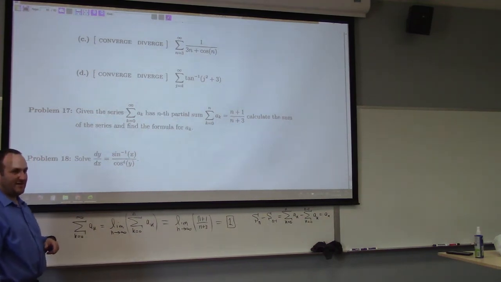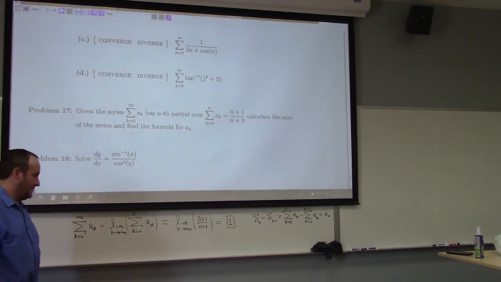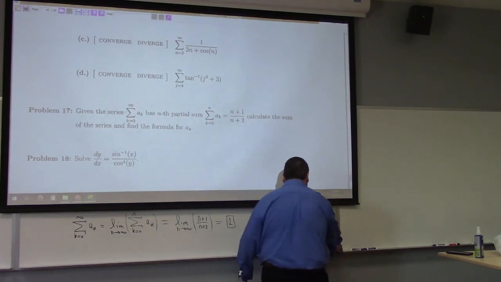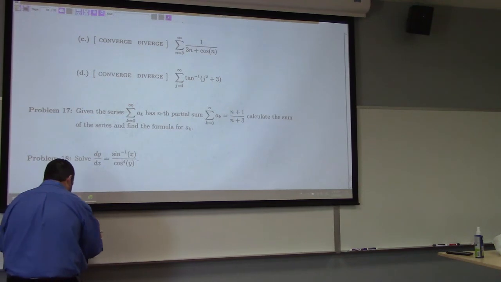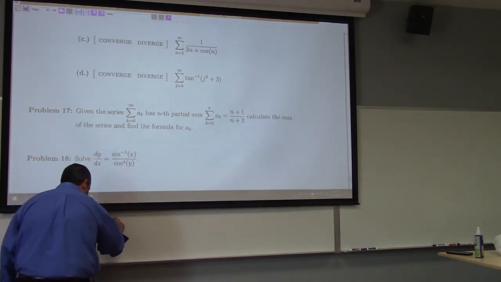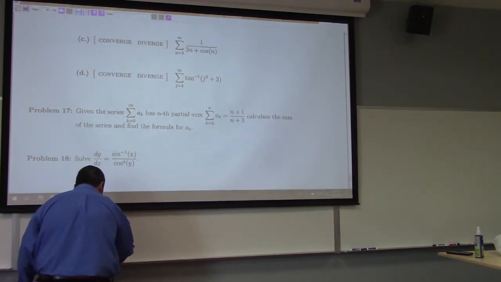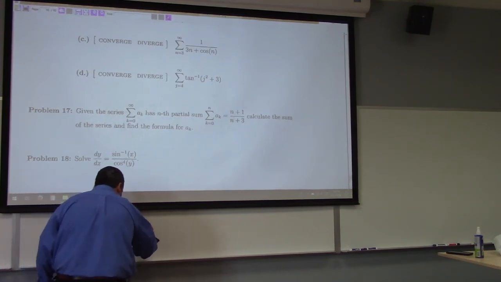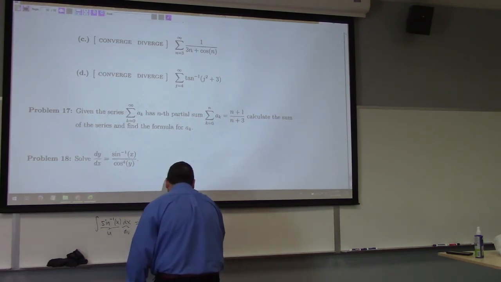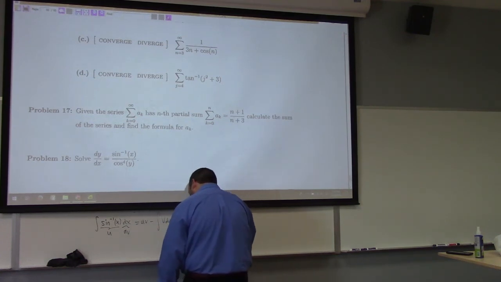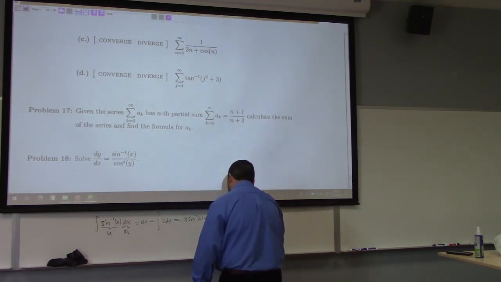Now, inverse sine, that's like the first example of integration by parts, right? Because anytime we think about the integral of an inverse function, we should think about integration by parts. So like the integral of inverse sine, we say, okay, well, that's my u, that's my dv, so I get uv minus the integral of v du, which is x inverse sine x minus the integral of x dx over the square root of 1 minus x squared, which, by the way, is x inverse sine x